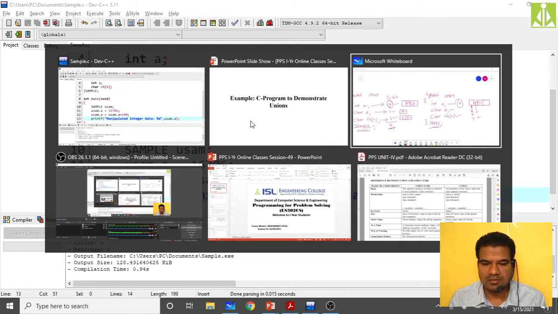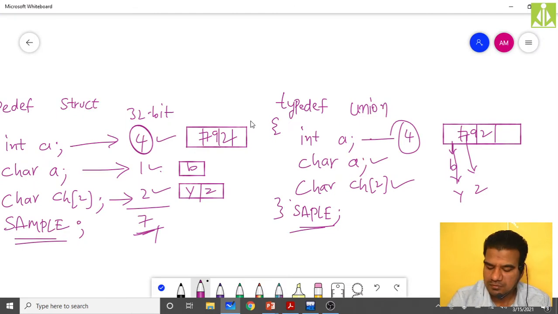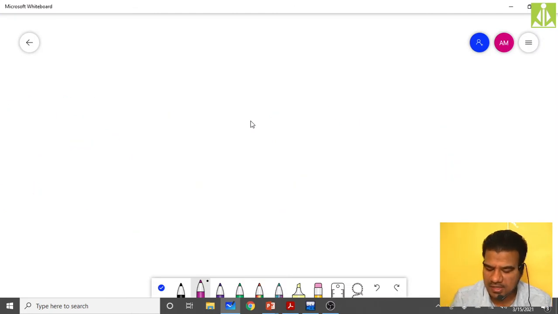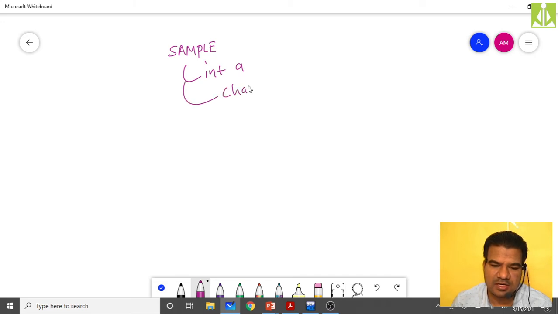Go to the whiteboard. So far I have created a union, the sample union. Inside this sample, we have one integer a and another one, character ch of 4.